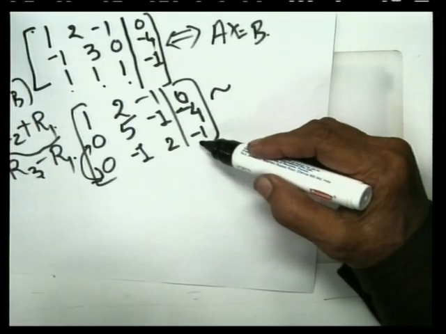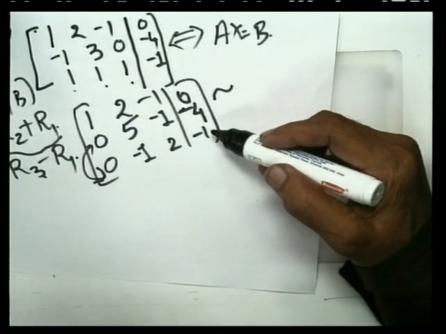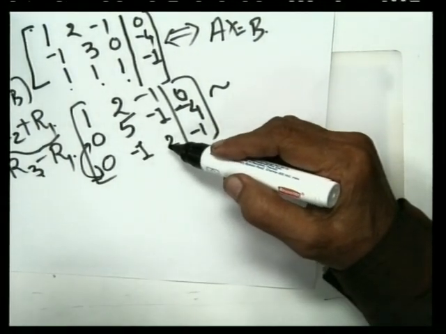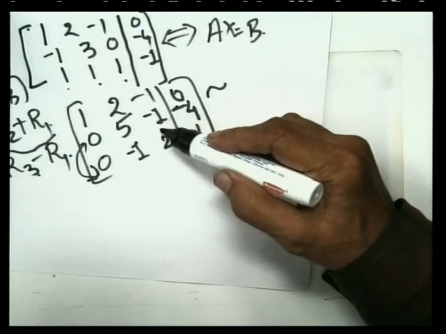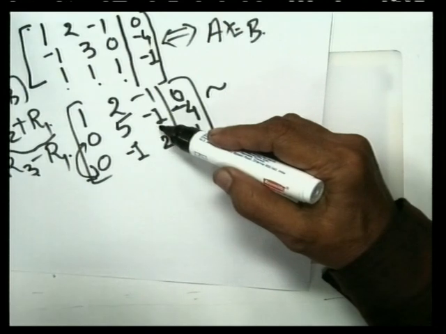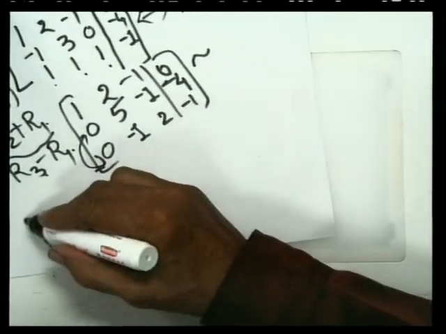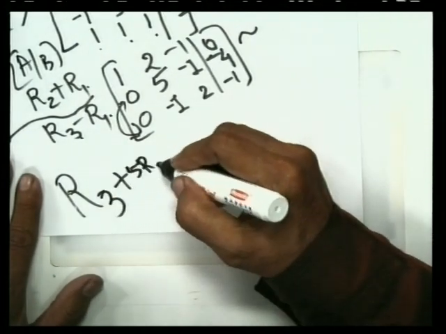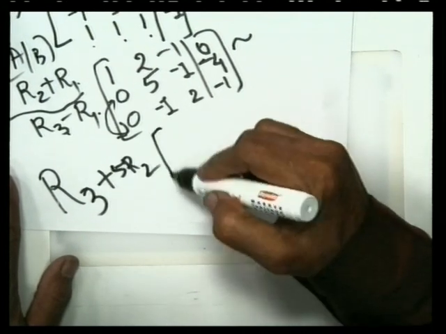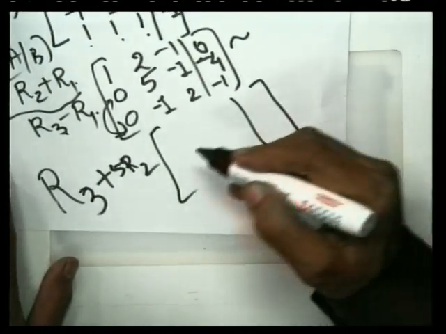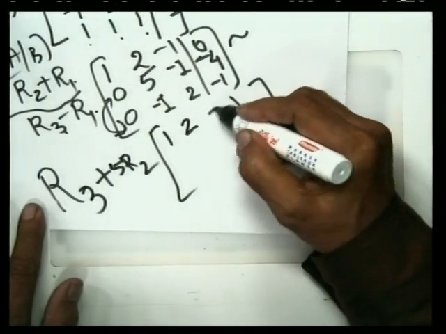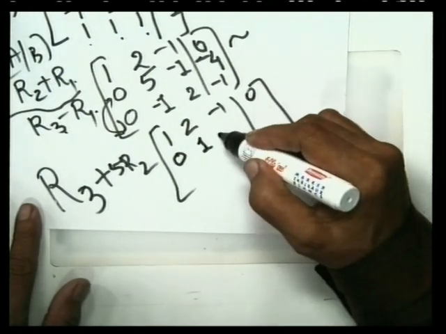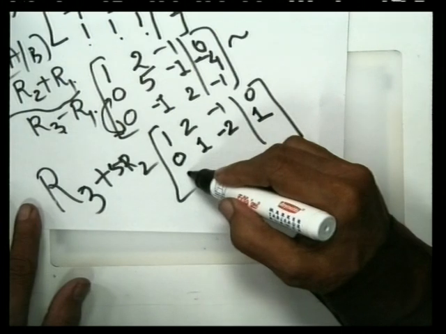The new matrix so got, then we operate in the new matrix, we add 5 times second row to the third row, that is called R3 plus 5 times R2. In that case we got 1 2 minus 1 0, first row as it is, second 0 1 minus 2 1, and